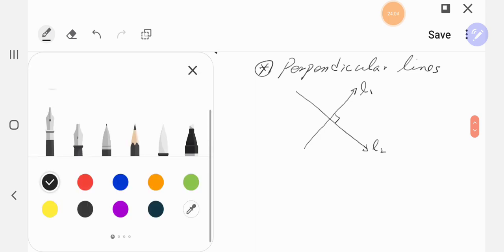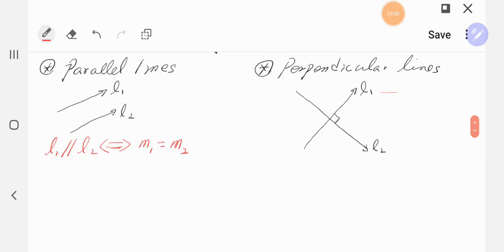Let's say the slope of line 1 is m1 and the slope of line 2 is m2. For the perpendicular lines, as you see, line 1 has slope m1. L1 is perpendicular to L2. This is the perpendicular symbol. This means line 1 and line 2 are perpendicular if and only if